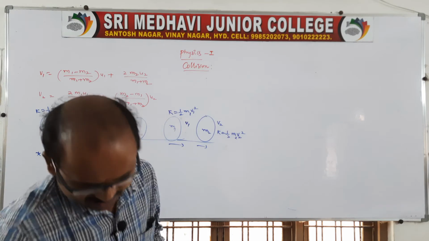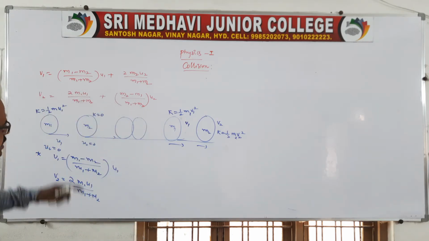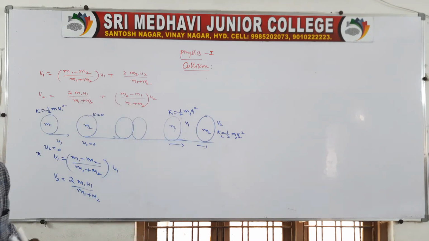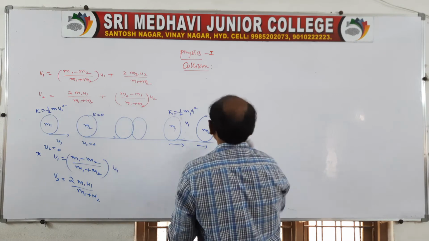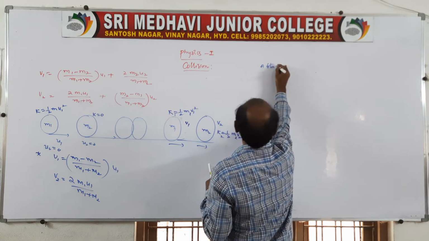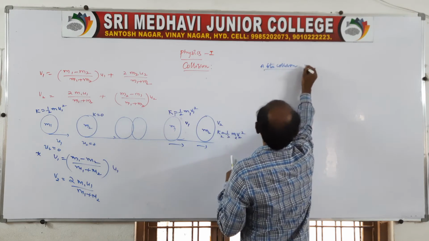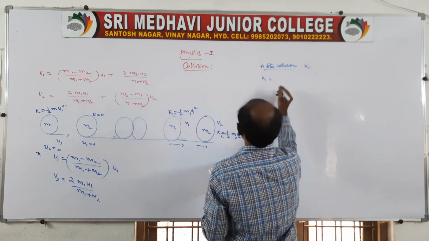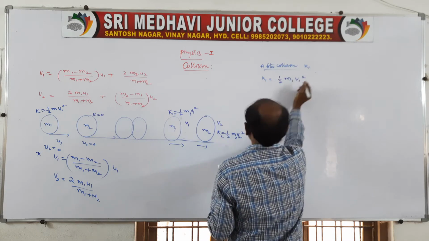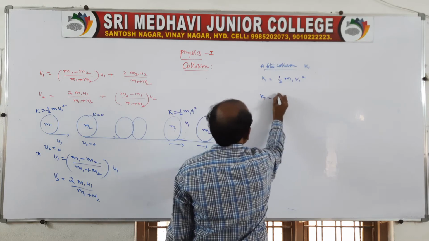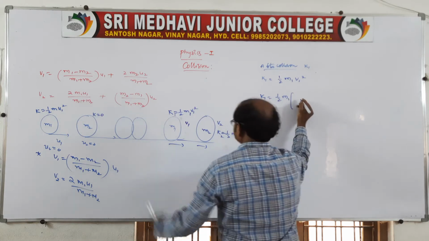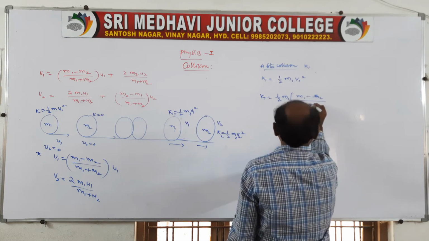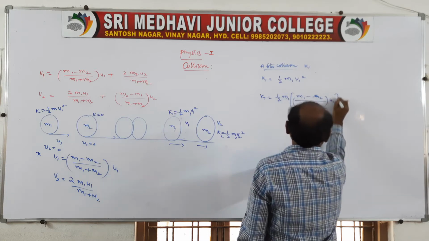Now we know the final velocities of both the bodies, and the before collision kinetic energy we take as K, the after collision ones as K1 and K2. Let us write this expression, K1. See, after collision kinetic energy is K1. So K1 is equal to half m1 v1 square. v1 we know as it is, right? It is half m1, v1 will be (m1 minus m2) by (m1 plus m2) into u1, whole square.